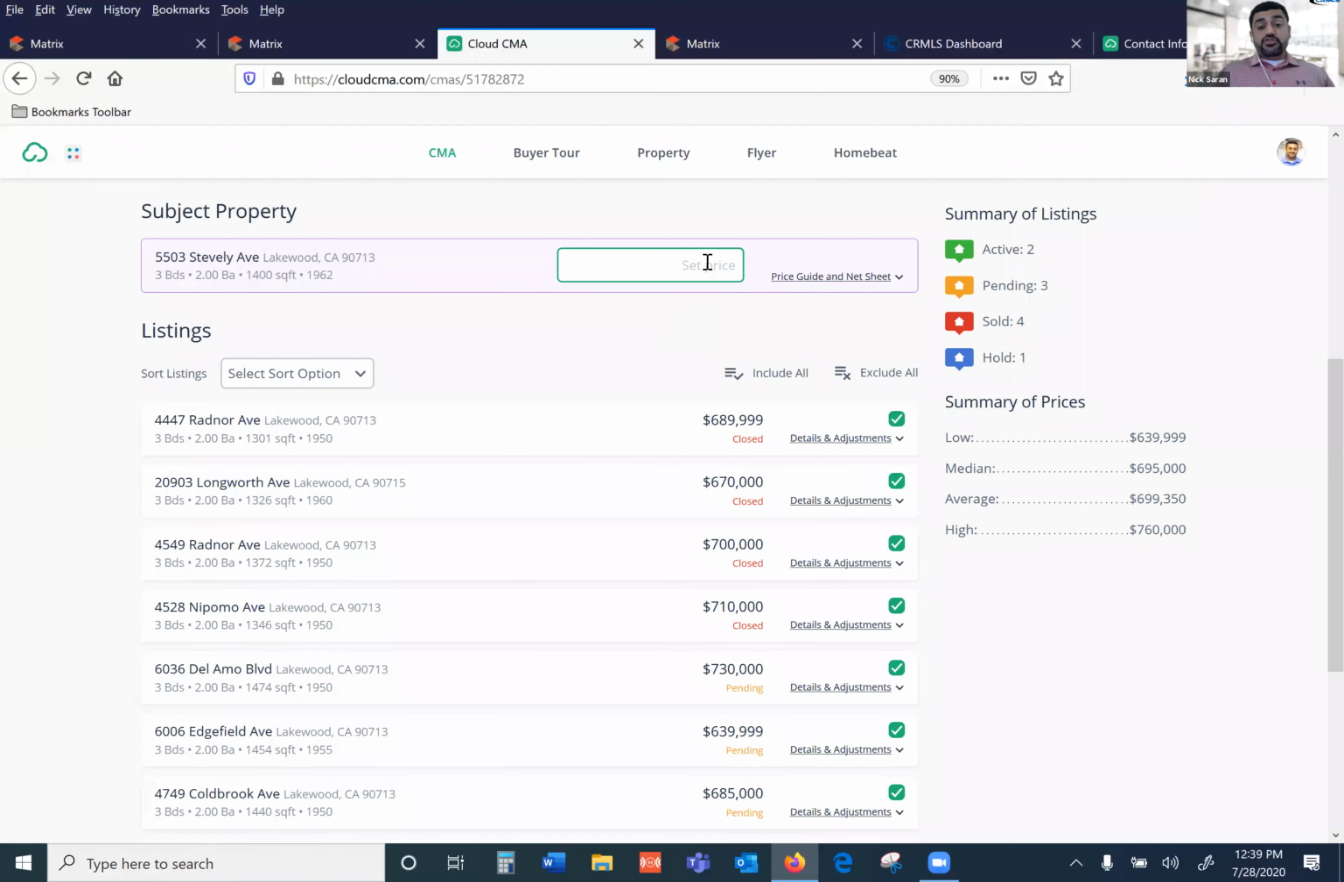If you want to suggest a listing price, right here, you could suggest a listing price. Now, when you're suggesting a listing price, I would recommend not suggesting a set price, but instead coming up with a range. So whatever your comfortable range would be, enter that range. So let's say, based on our comps, we feel the property should be listed between, let's say